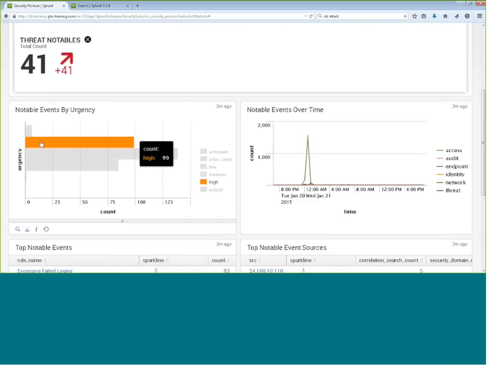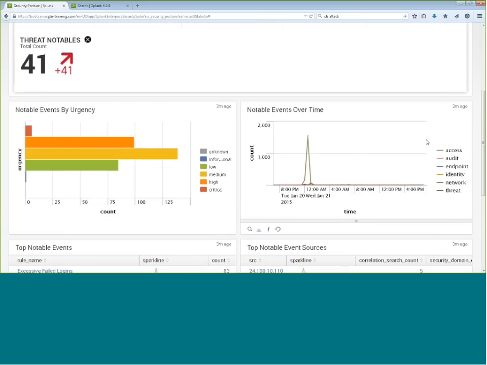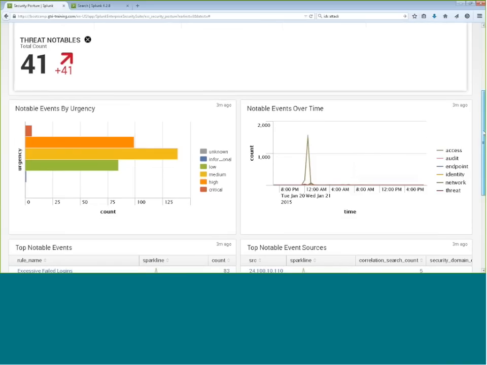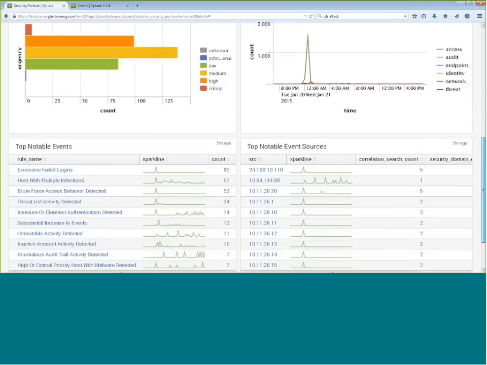So it has different over time values. Then we have a chart that shows the notable events over time, and then we have the top notable events,